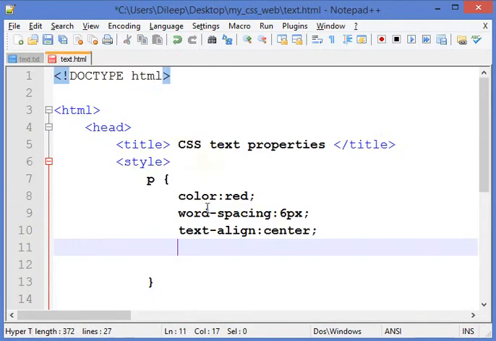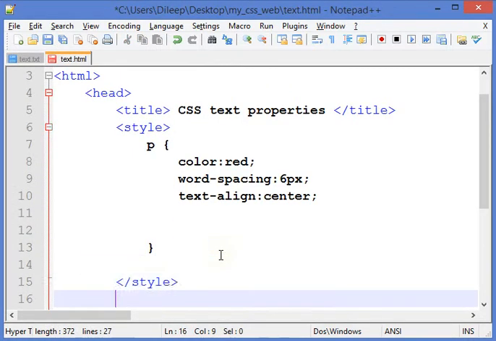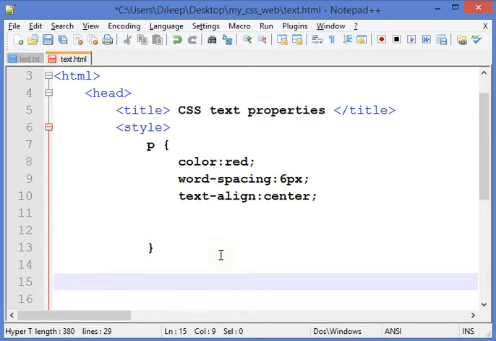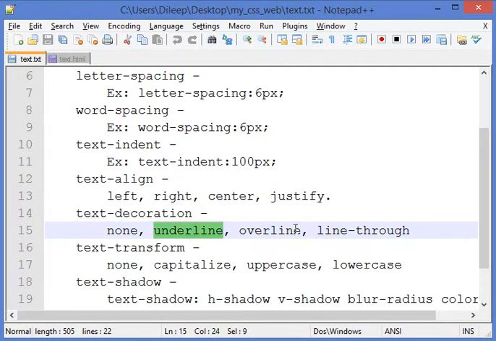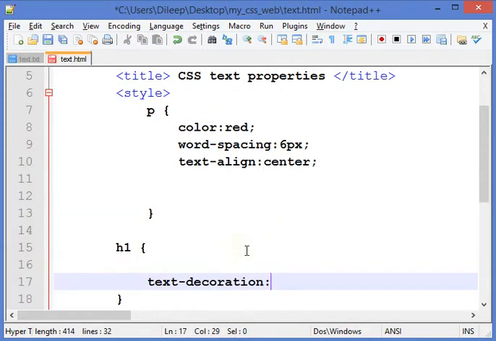By simply selecting the heading, the h1 will become the selector, and within that I can put text decoration. Now there are many values that we can apply here, either underline, overline, line through. So let's see first underline.